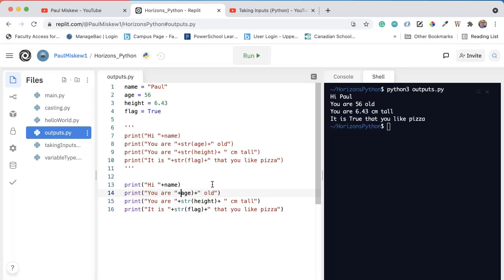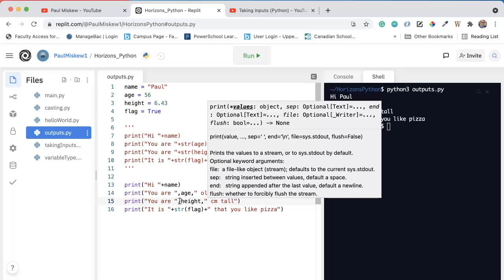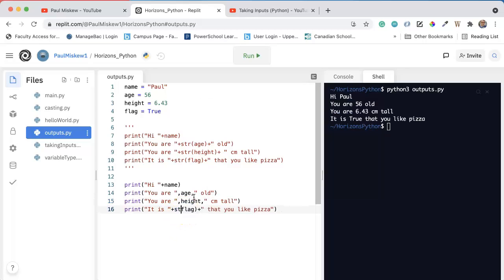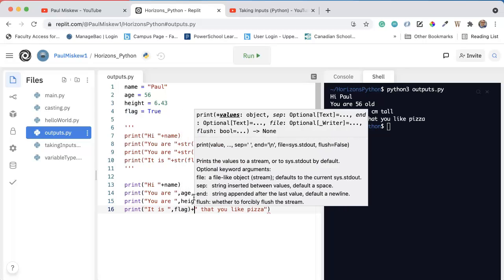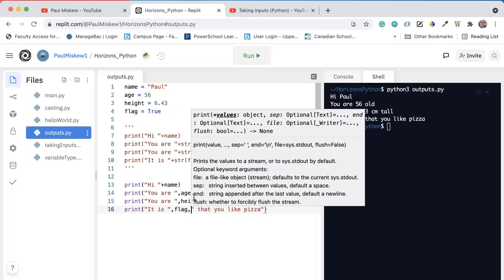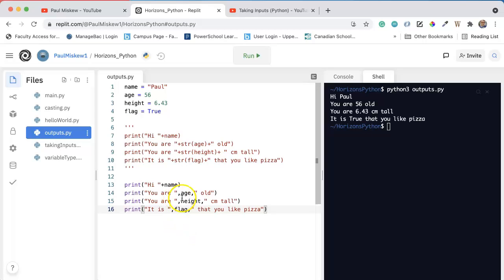So it turns out you can actually concatenate non-numeric or non-string types by using a comma. So I can take this and I can replace the plus with a comma, and if I do that, it will allow me to concatenate things whether they're strings or not. Now, one of the things that happens with this, when I use this comma notation, is that it will add an additional space in. So see here how I have one space there? If I run this now,